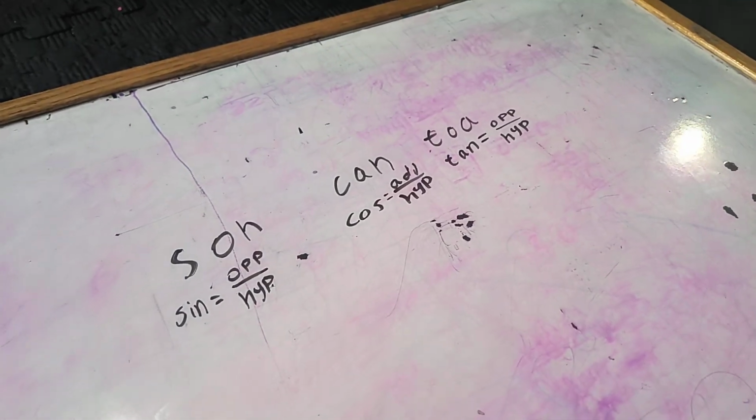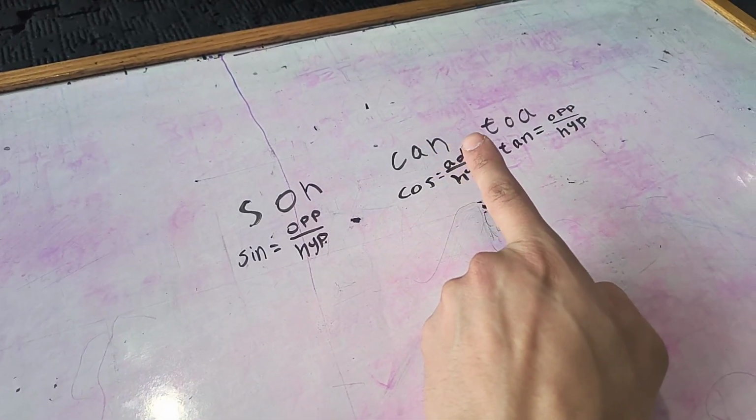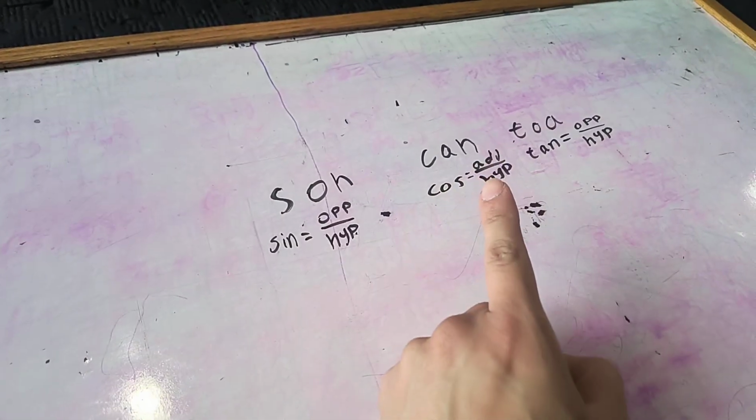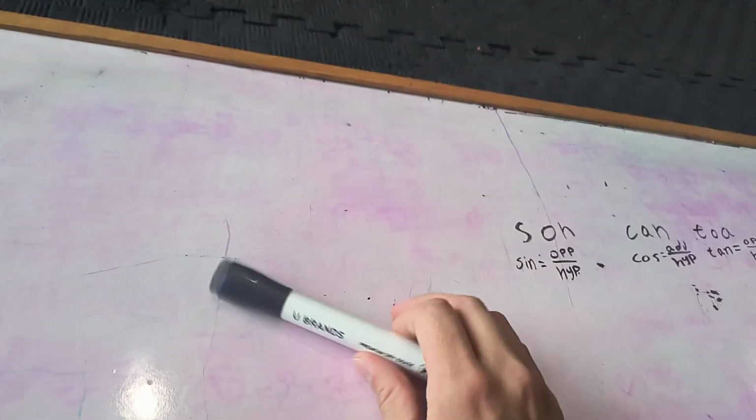Okay, we got our SOHCAHTOA. I know that might look like an N, but it's not. That's SOHCAHTOA. We got SOHCAHTOA written out. And what we're going to do is get our trigonometric ratios, all written out. But first, we got to